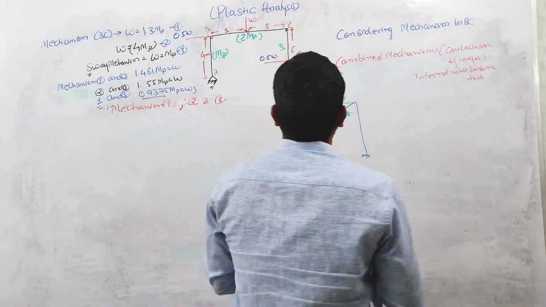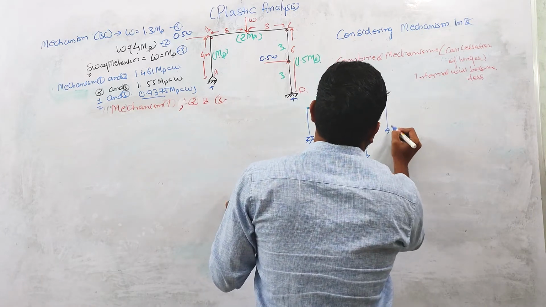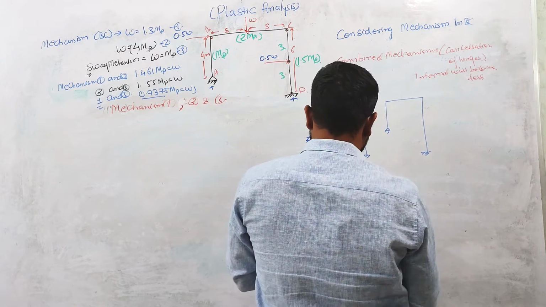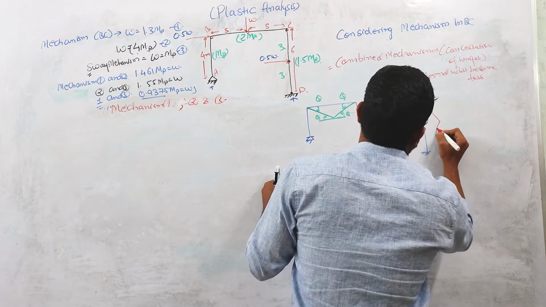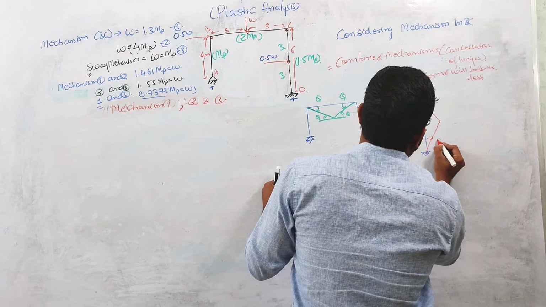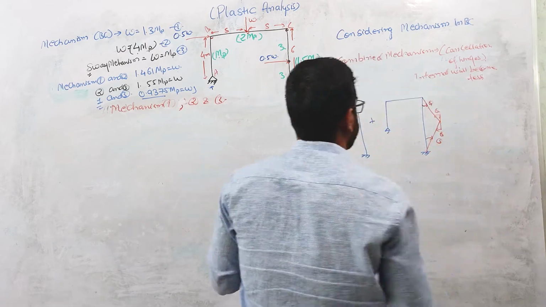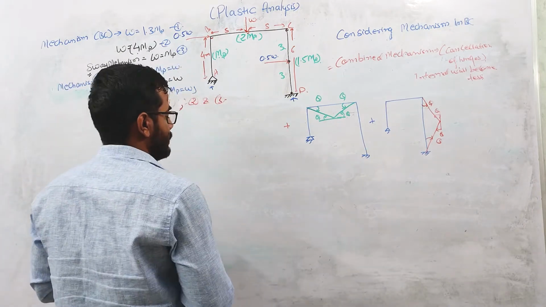Similarly, in the beam mechanism, this column was looking like this. The plastic deformation, this is theta, this is theta, this is theta, and this is theta, right? And if you add the sway mechanism also,